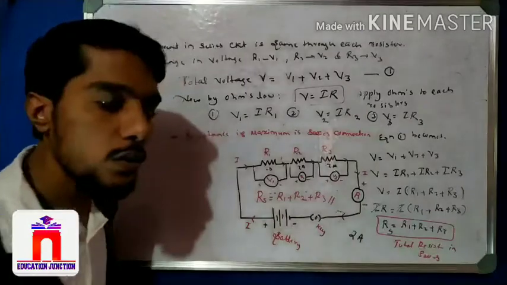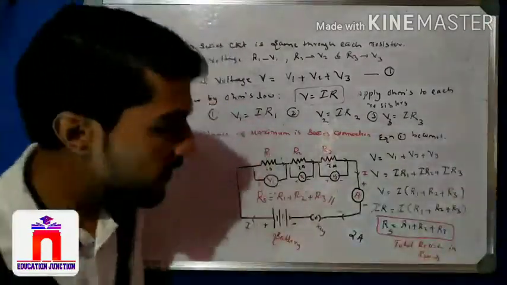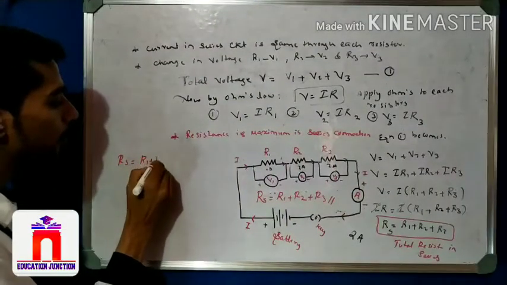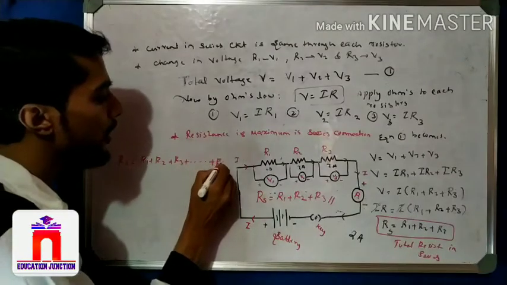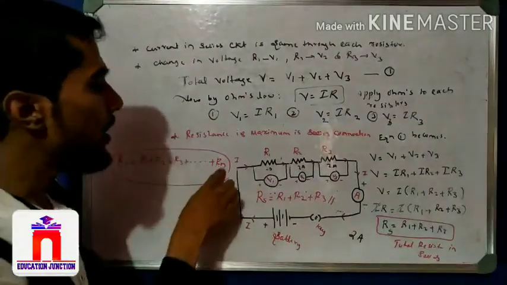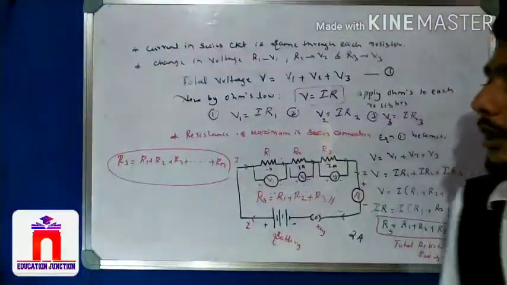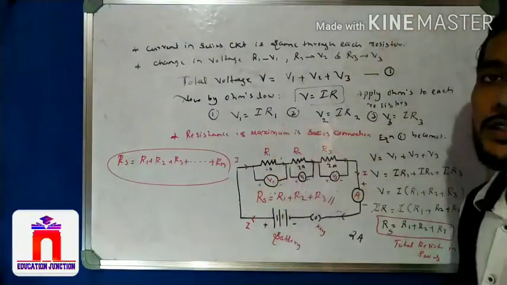We get R is equal to R1 plus R2 plus R3, and so on up to Rn. Okay, right? In general we write Rs is equal to R1 plus R2 plus R3 plus so on plus Rn. This is in general the connection in series, where n is nothing but the number of resistances. So here is a very important point you have to remember, and how we use this in the calculation of the resistance.